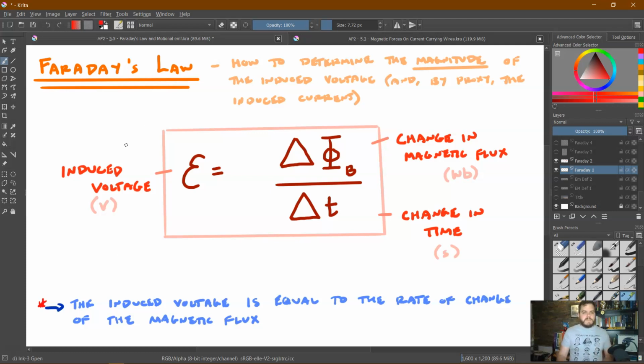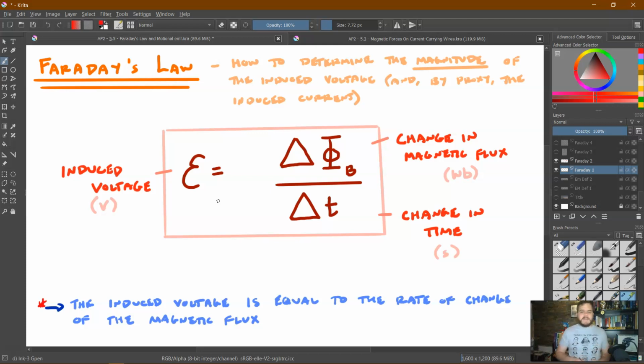Therefore, the induced voltage in volts, which we abbreviate with epsilon, and remember we saw that a lot in the circuits unit when we were talking about electromotive force and internal resistance, epsilon really is ultimately the same thing as delta V, will be equal to delta phi b over delta t, where delta phi b is the change in magnetic flux in Webers, and